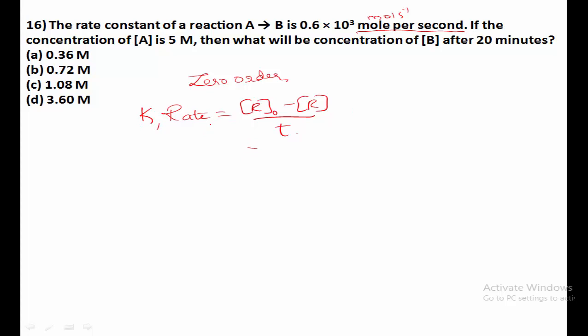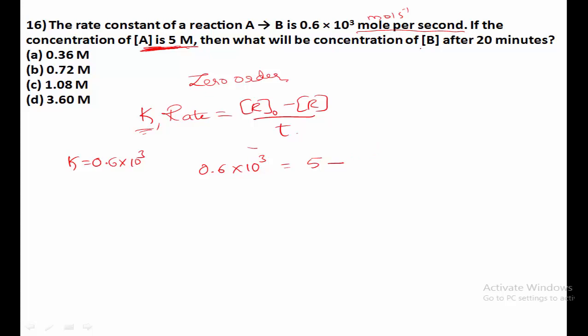And here what they have given? The value of K is given, rate constant. Okay, so how much it is? K is equal to 0.6 into 10 raised to 3. It is given. So substitute that value, 0.6 into 10 raised to 3. That is equal to R0. How much it is? R0 means initial concentration. Okay, if the concentration of A is 5 molar, so initial concentration is 5 minus